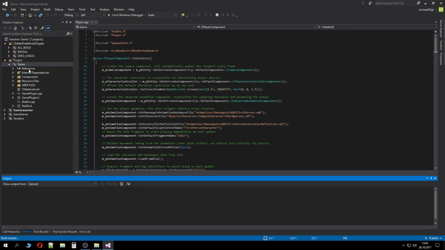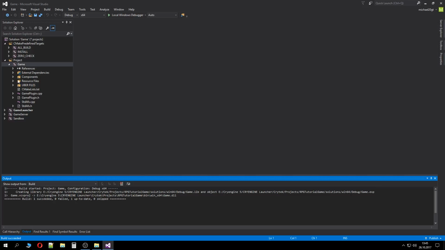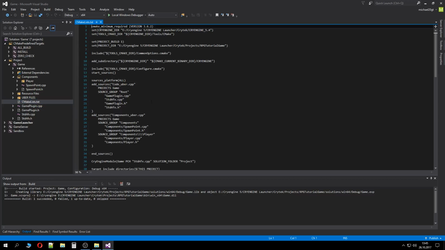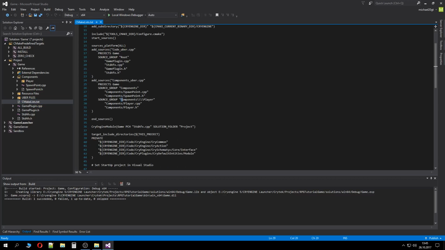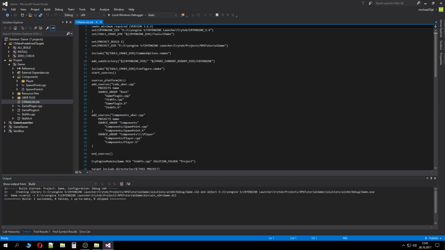So let's build it now. Yeah, it built without any problems, and as you can see, you've got components and the player inside. So what this does is, one folder inside the other one, and so on and so on, and you can create another one here and another, whatever you want. We'll leave it like this at the moment, and oh yeah, we can actually do something like the components